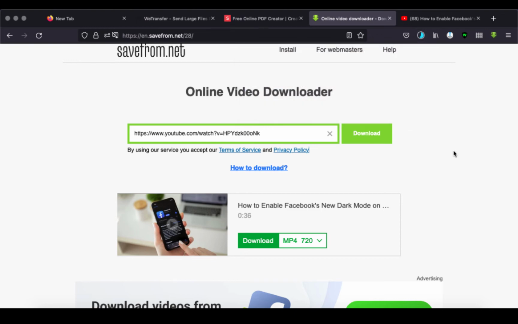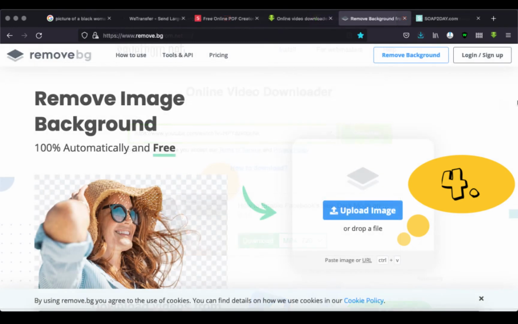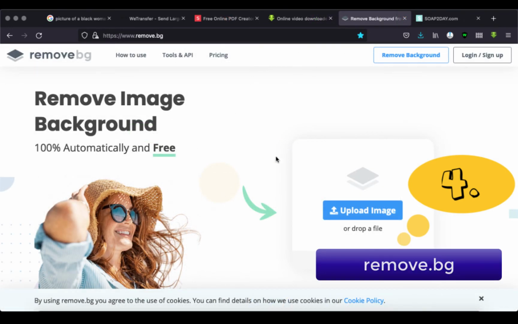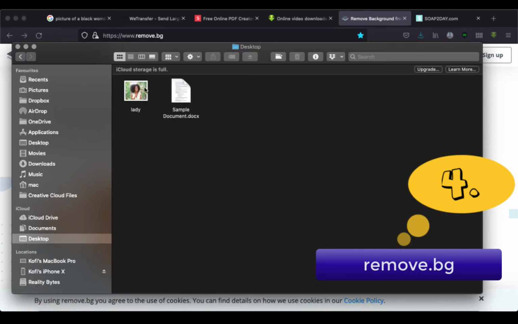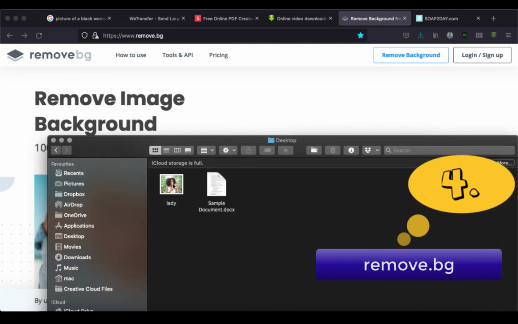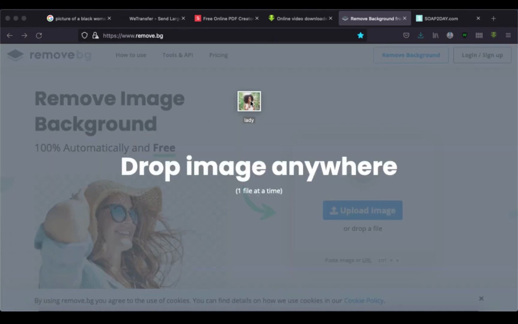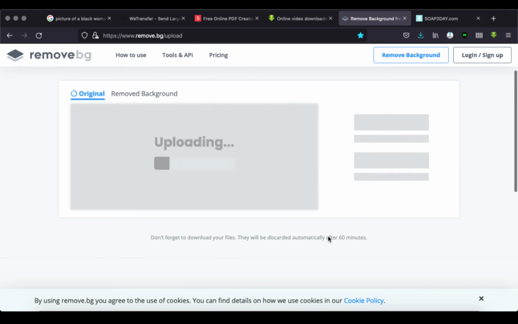Now the next website is usually for designers, but it could be used by anyone, and it's called remove.bg. Now this website actually takes a picture and then removes the background. You don't need to have any Photoshop skills. All you need to do is to use this website to do that. So as you saw, I dragged the